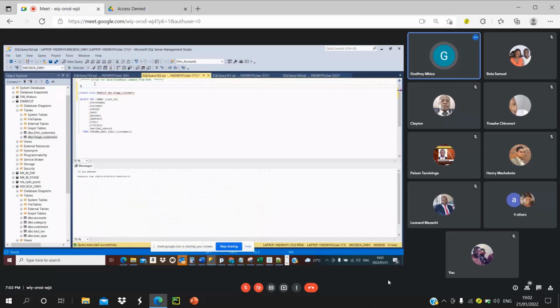So I'm going to truncate that table. I will say truncate, and I will take the table name. By truncate, we are simply saying empty the table, but don't delete the table. So if I run truncate,